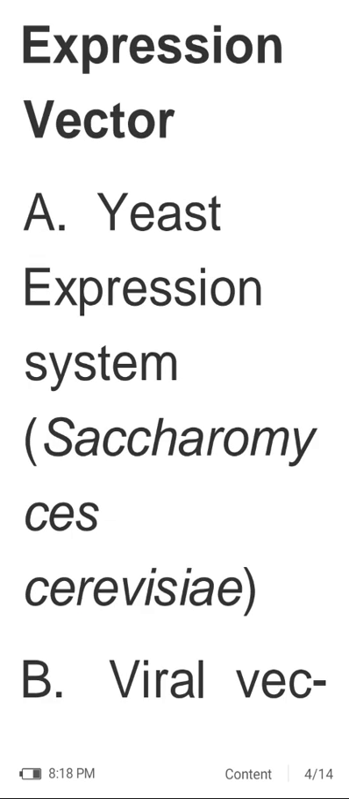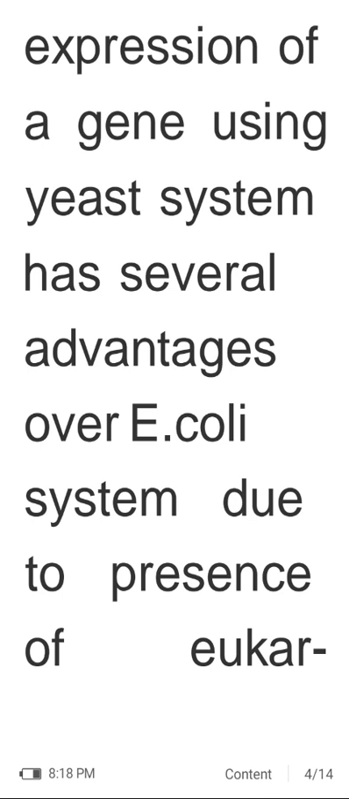Then eukaryotic expression vectors: yeast expression systems, Saccharomyces cerevisiae. Then viral vectors or insect cell expression system like baculovirus. Then plant expression system, mammalian cell expression system, and yeast expression system, Saccharomyces cerevisiae, cloning and expression of a gene using